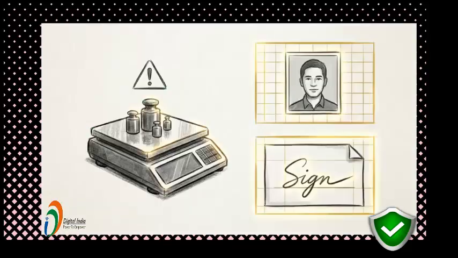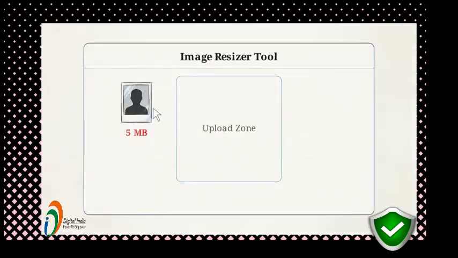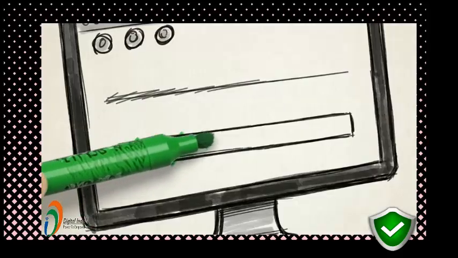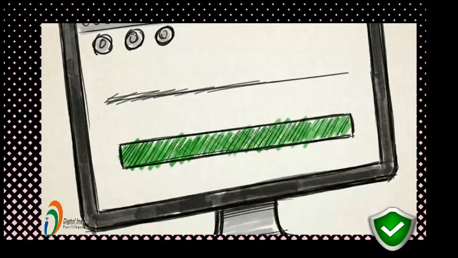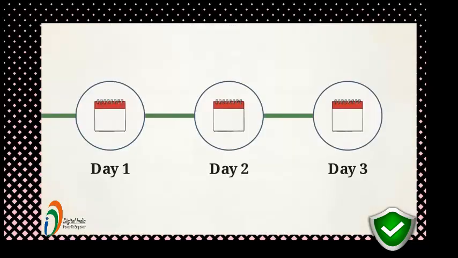Below that, upload your chosen photo and signature. The portal is strict here. Both files must be exactly in JPEG format and under 50 kilobytes. If you took these pictures with a modern phone camera, the files are definitely too big. Run them through any free online image resizing tool to shrink the file size before you upload. Uploading the exact correct file types well under the size limit ensures the server accepts your submission cleanly and prevents the application from bouncing back to you days later.